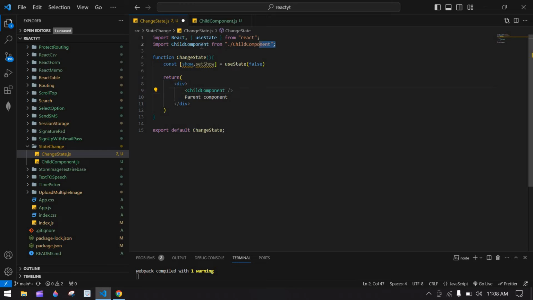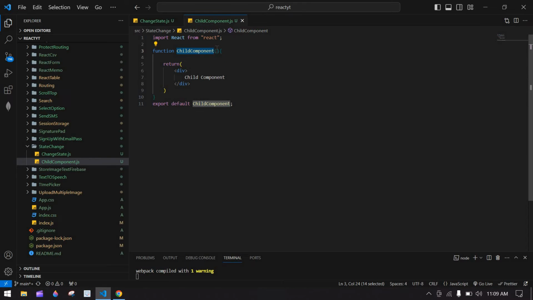It's imported here. After that, I'm going to pass this state value and set state value to the child. Here this is value. Here I'm going to pass this show. Okay, I'm going to pass this set show value here as handleChange. I'm going to pass that state value, set state value here, and save this. After that, here I'm going to get that